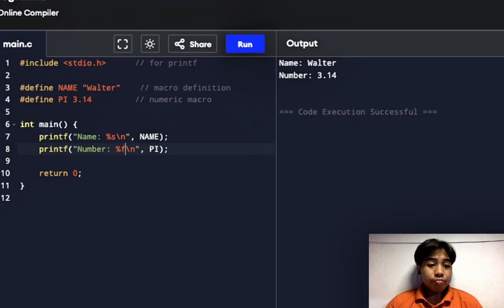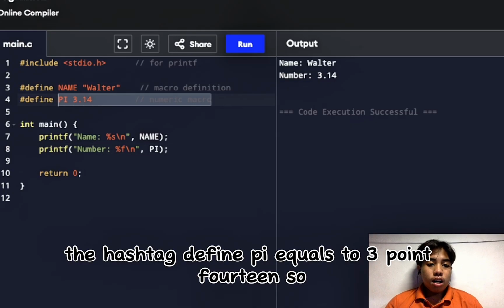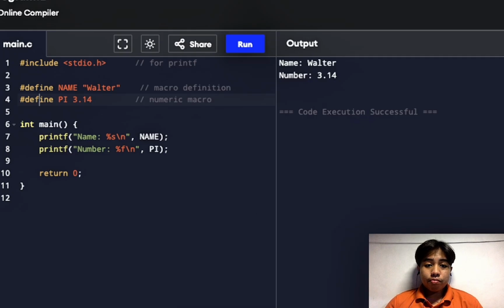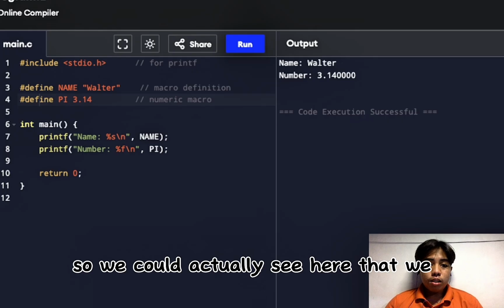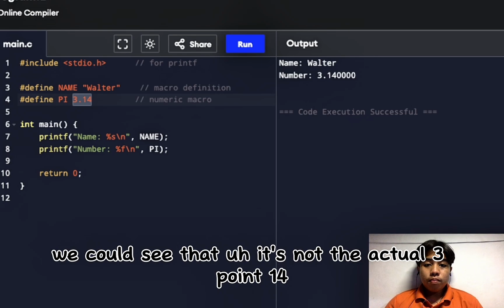So, last time we left off on this, the #define pi equals 3.14. So let's try to run it again. So we could actually see here that when we use a number that has a decimal, it's not the actual 3.14.